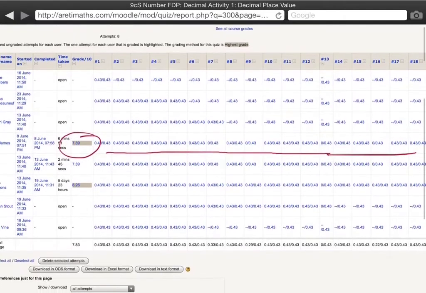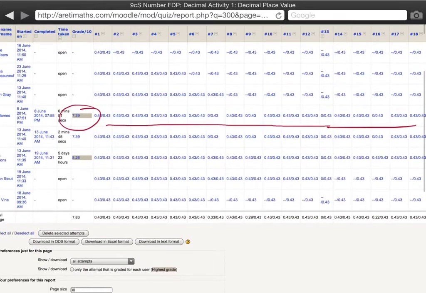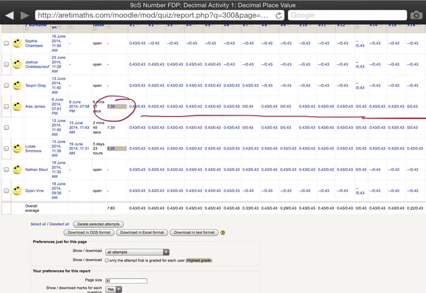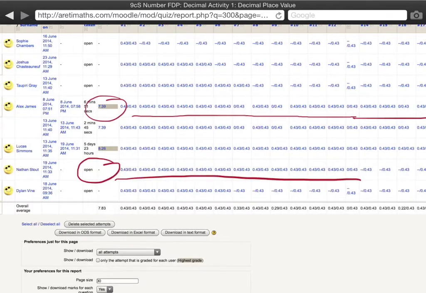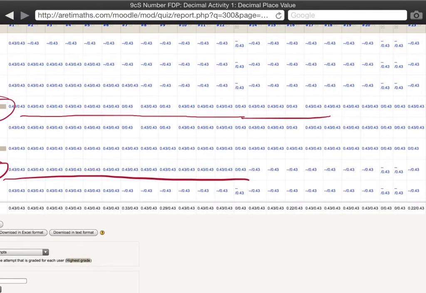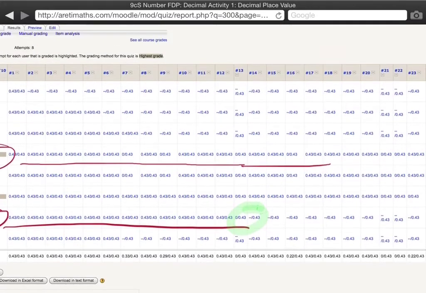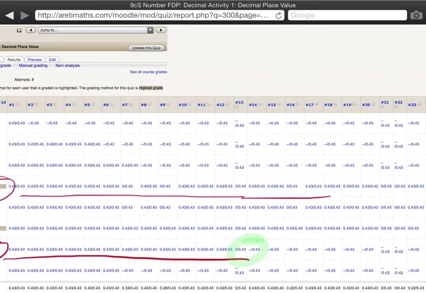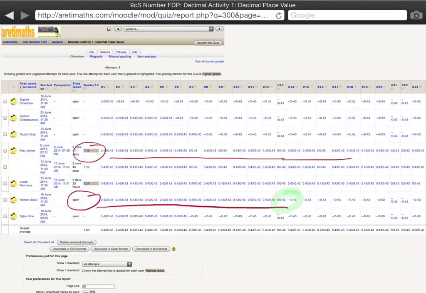If I look further afield, I can see that Nathan has started his but not actually finished it, so it remains open until he clicks the final submit. But I can also just go along and suss out the fact that he stopped here, and so maybe there was a sticking point, and that's quite nice where I can go on and see, especially if I've got the questions graded from easy to hard, I can go on and check that out. And what's also good about this is I can